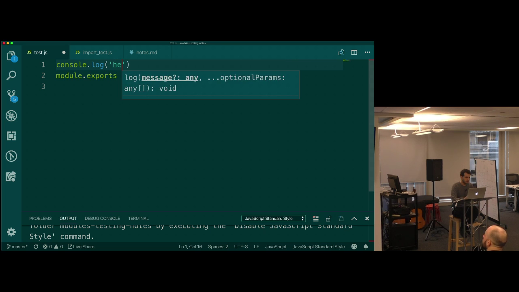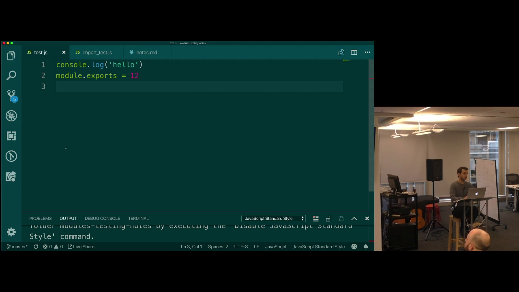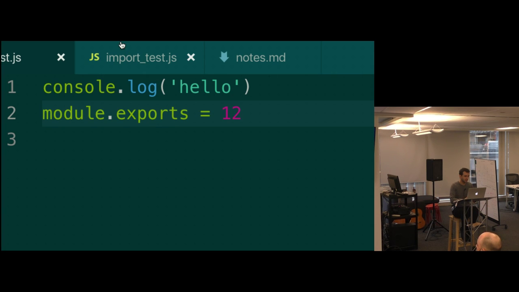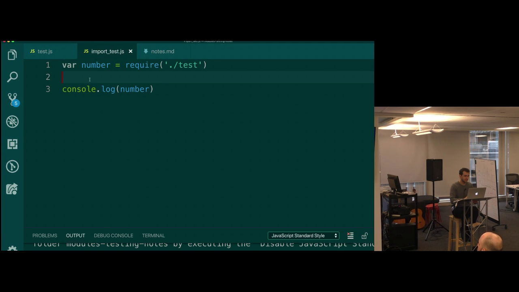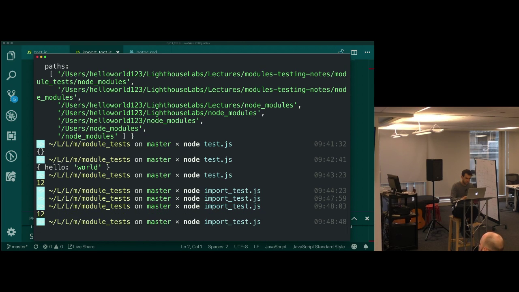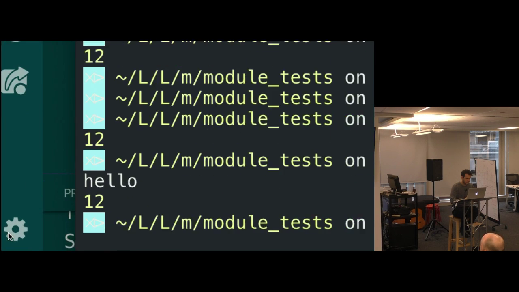So the question here for Victoria was, what if I write something like console.log hello over here, and then module.exports 12, and then in import_test.js, this is what I have, like nothing's changed. What happens when I run this? That's a really good question. Oh, it is pulling it.